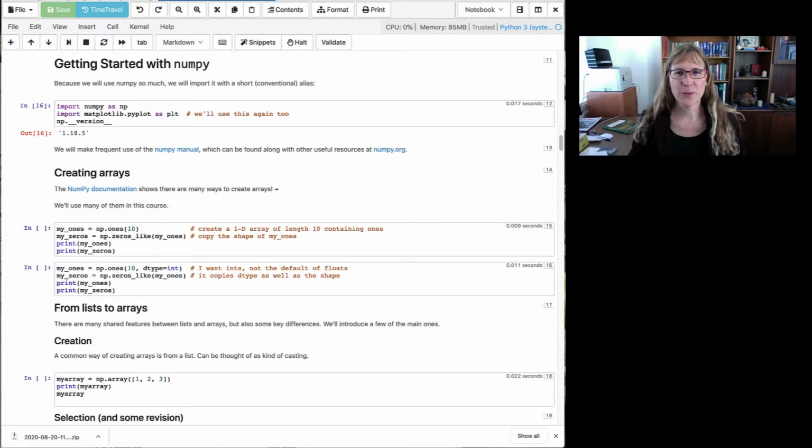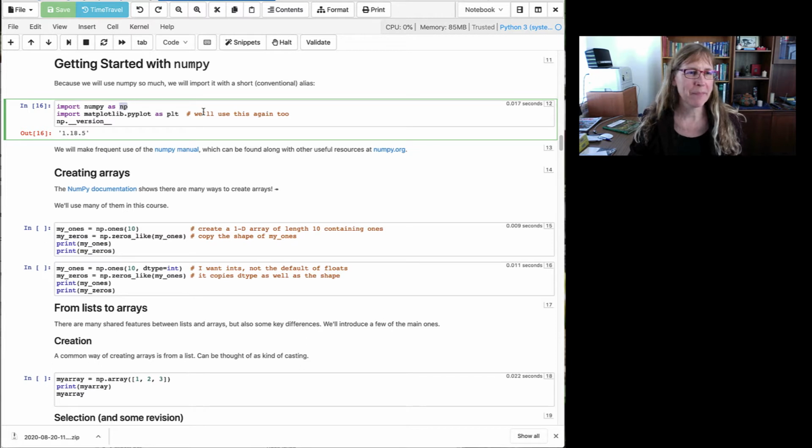Let's get started with NumPy. As usual, we're going to start by importing the library. There's a standard alias, which is np, and it's quite convenient to have a short alias because we're going to be typing that quite a lot. We'll import matplotlib again,